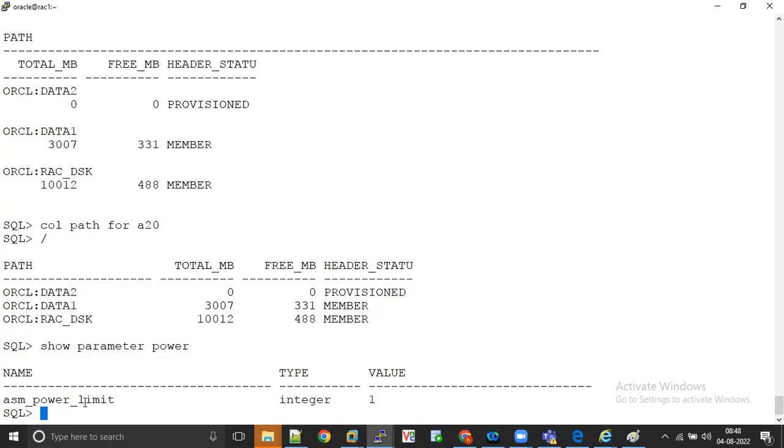Instead of setting this parameter, we can do it for a specific statement. So let me try to add a disk to the disk group, alter diskgroup